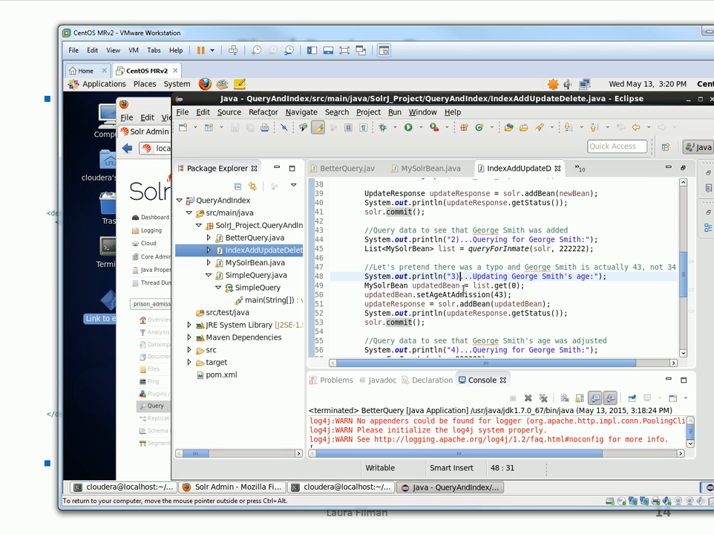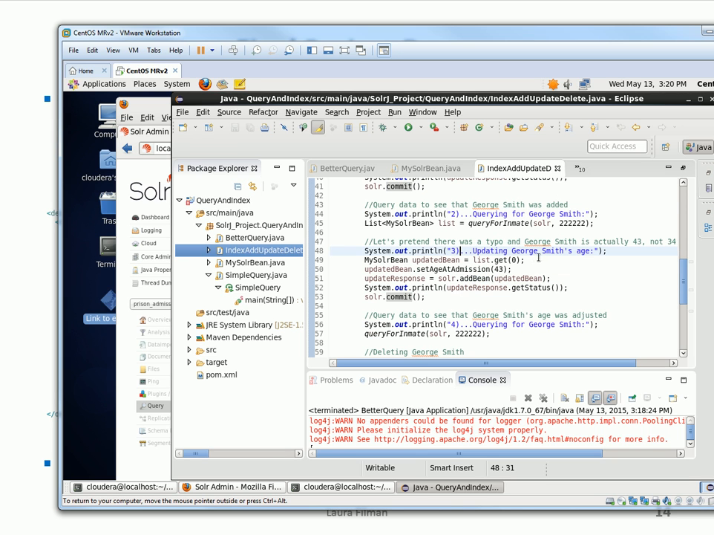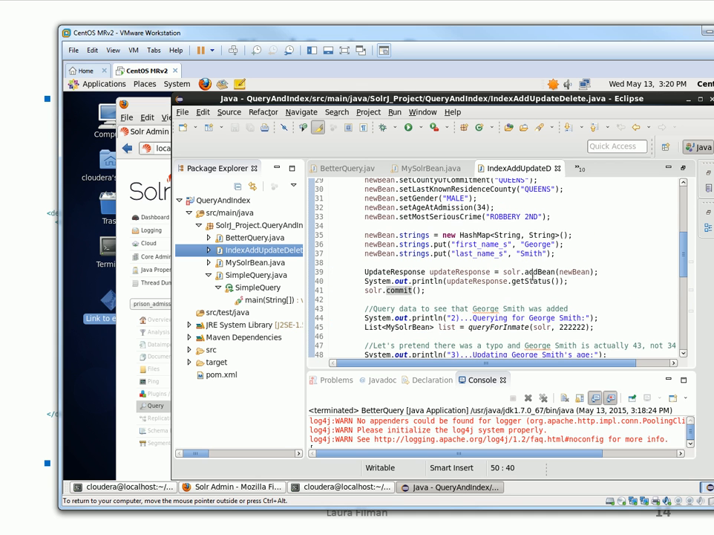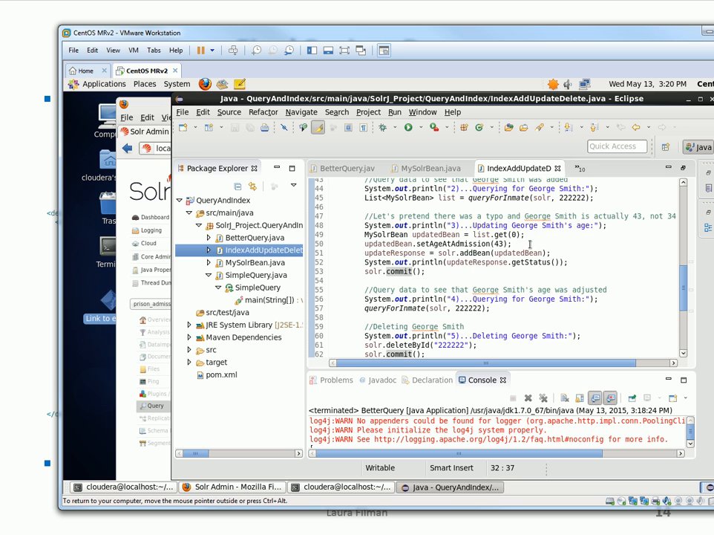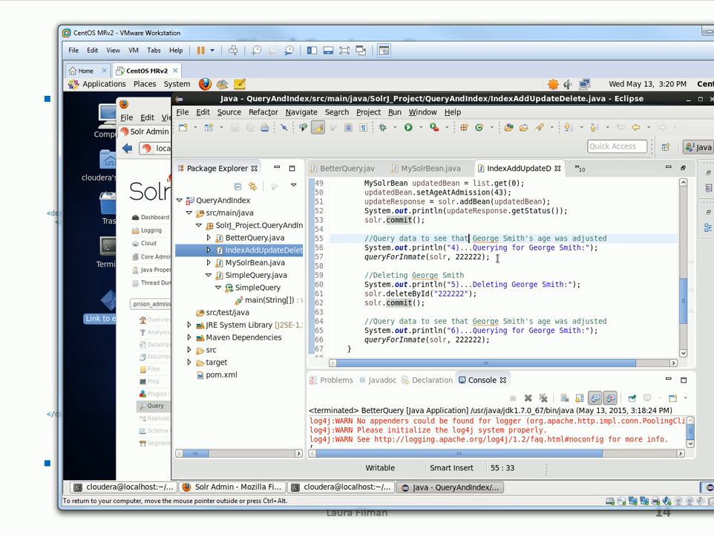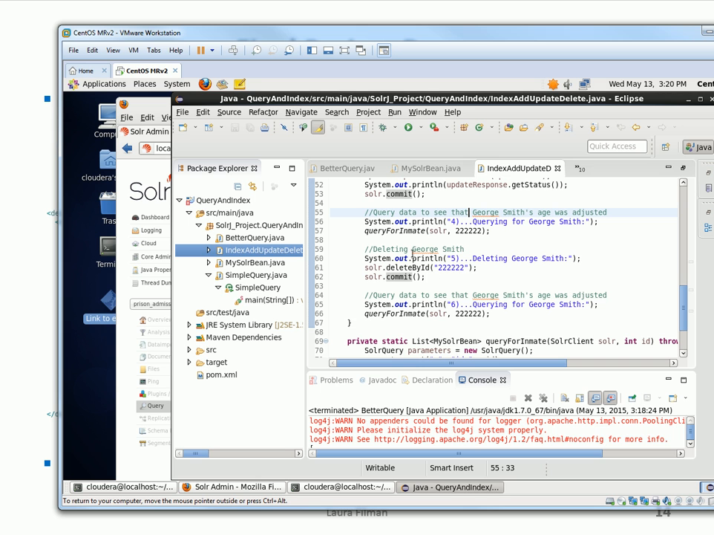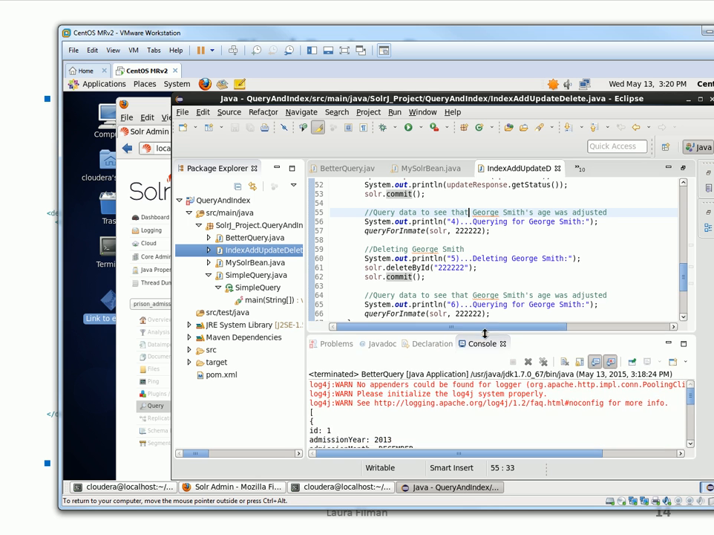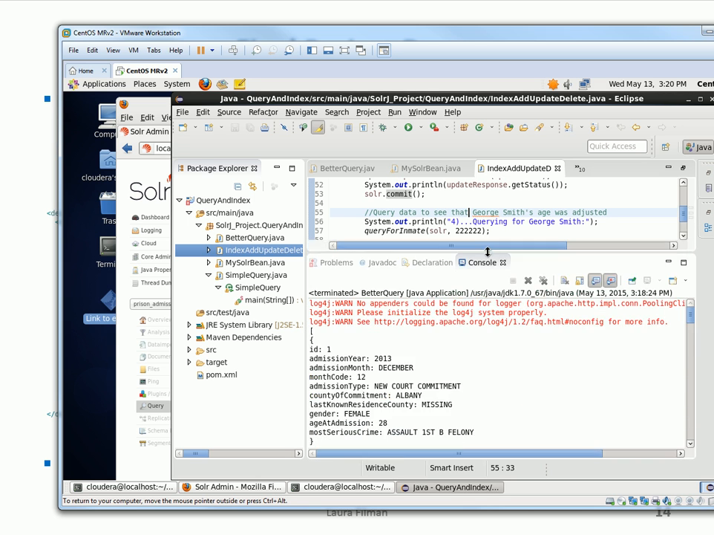And then we say, oh, you know what? We actually made a typo. We want George's age to be 43 before we put it as 34. Then we query again, and then we'll see that his age got updated to 43. And then we delete him. We say, oh, you know what? We don't care about George Smith. We don't want to record his information. So when we run this one,